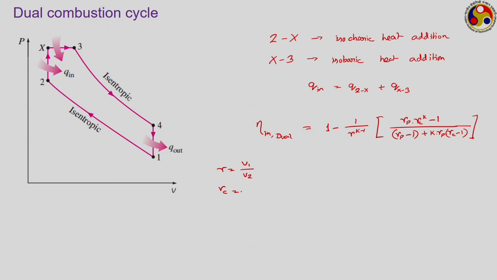rc is the cutoff ratio which corresponds to the isobaric part of heat addition. It refers to volume after constant pressure heat addition by volume before constant pressure heat addition, which is V3 by Vx. rp is called the pressure ratio. It refers to the constant volume heat addition part. It refers to the pressure after constant volume heat addition by pressure before constant volume heat addition, that is Px upon P2. You can see all of them are actually greater than 1,